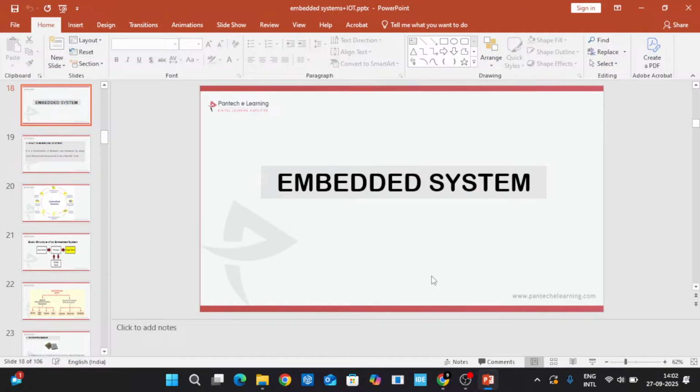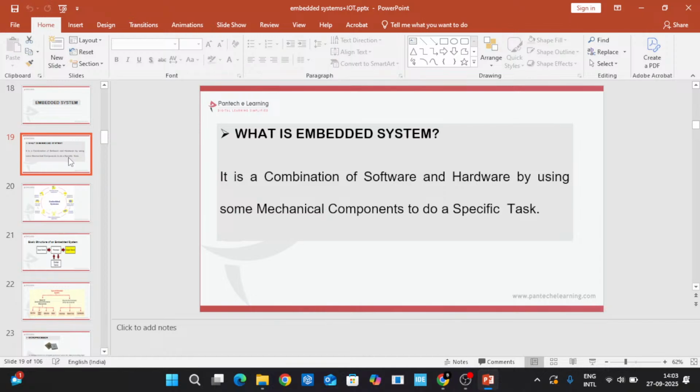Okay, today's topic is the embedded system. The definition: an embedded system is a combination of software and hardware, using some mechanical components, to perform a simple, specific task. Example: